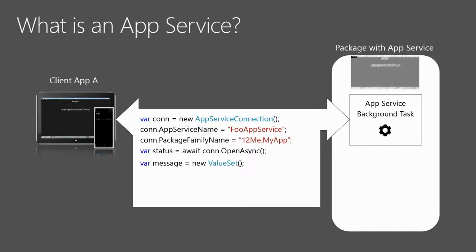Oh, I should say I need to send messages. So our old friend, the value set, reappears. This is how I send a message to my application once I've opened the connection. And then I'm able to set values and send a message async. And this is a query response interface in that I'm going to send something across, and I'm going to wait until I get a response that says message received. Okay? I can then dispose of my connection, and that will actually shut down the service for me. All the time I hang on to it, that service will stay around for me.